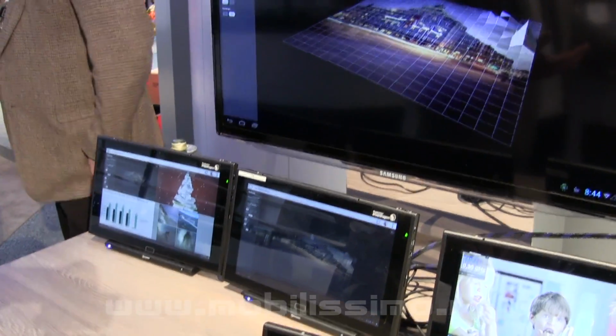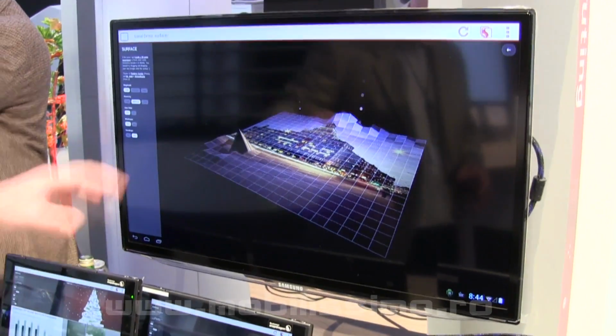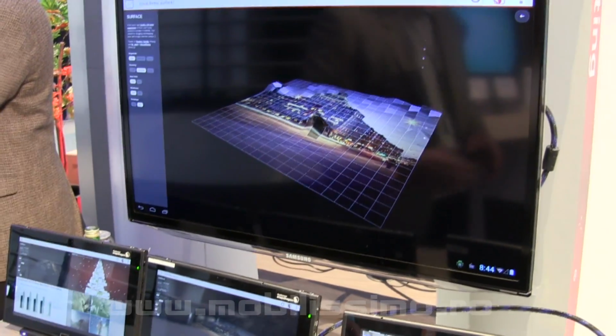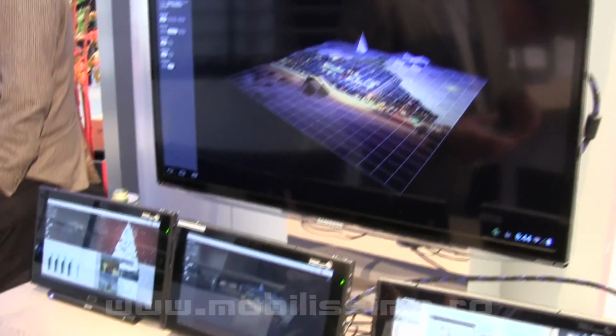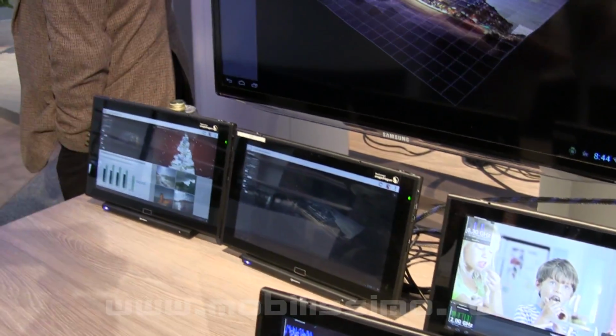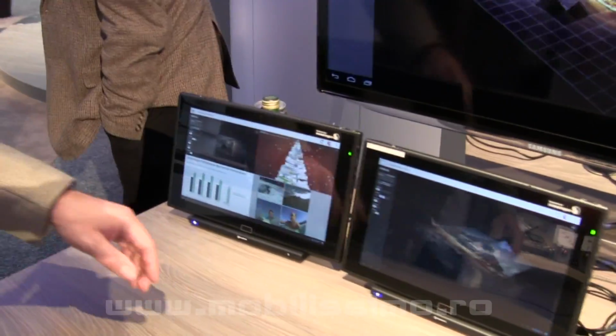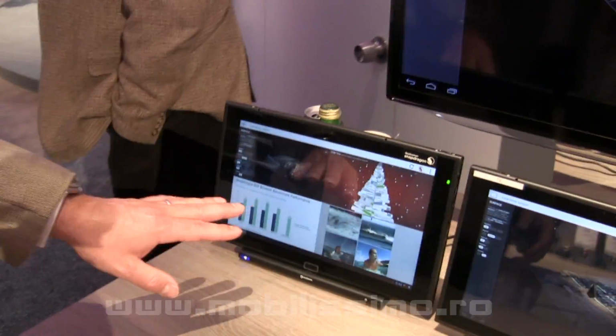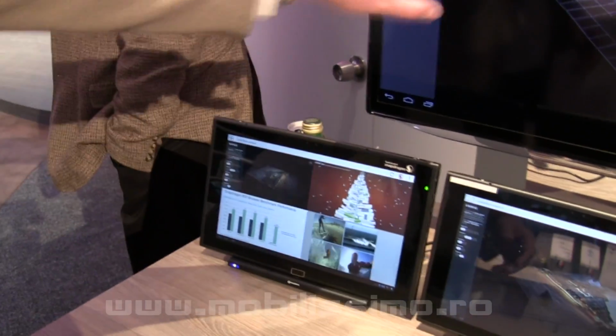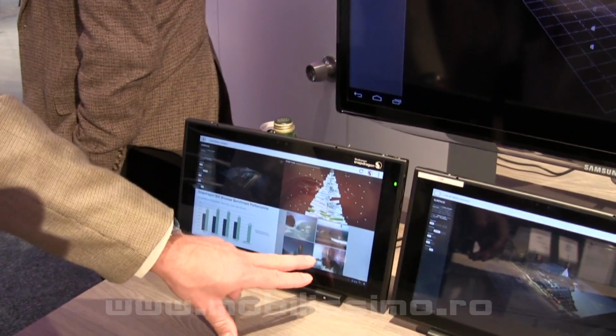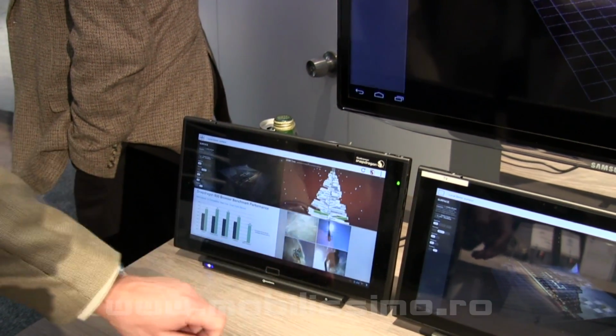WebGL is an emerging JavaScript API around embedding 3D graphics in the browser. It's very CPU and GPU intensive, and as you can see, the Snapdragon device does really well with it. Over here we have a similarly exhausting use case. So we have the same content here, but we're also doing 4 video decodes at the same time,